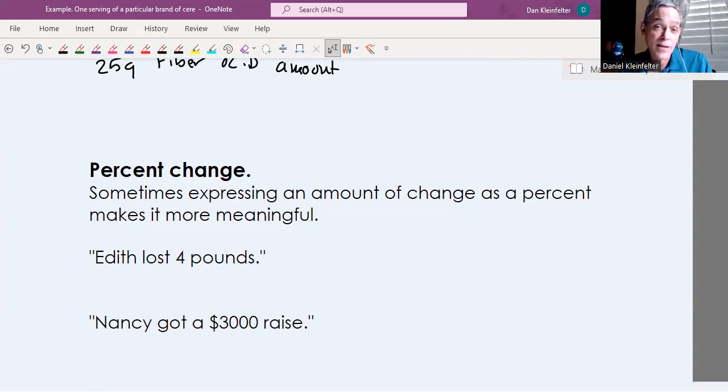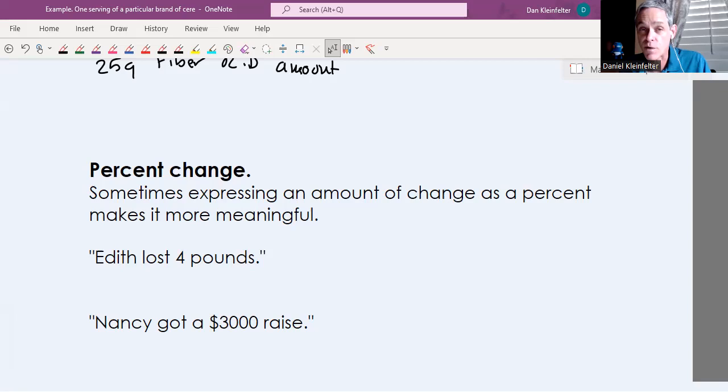Well, if Edith weighed 140 pounds before and now she weighs 136, that's not a huge amount. If, on the other hand, she was a kid that weighed 20 pounds before and now she weighs 16, that's going to be a bigger difference. That 4 pounds is a bigger percentage of the 20 pounds she weighed in the first place